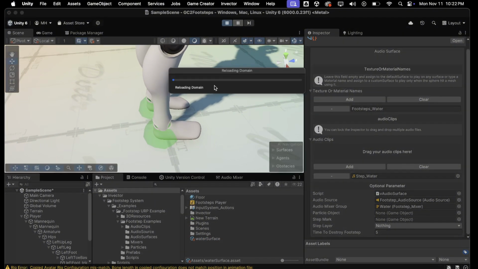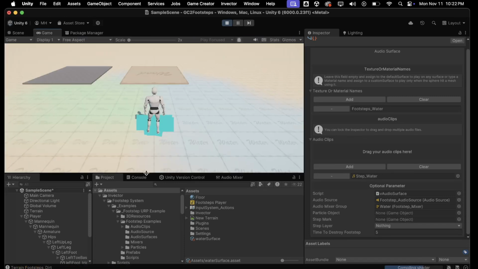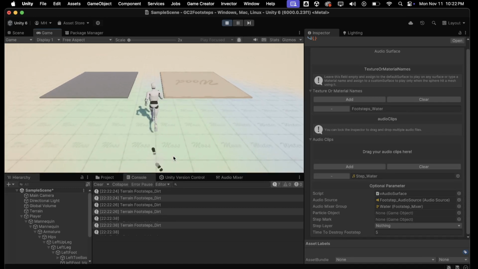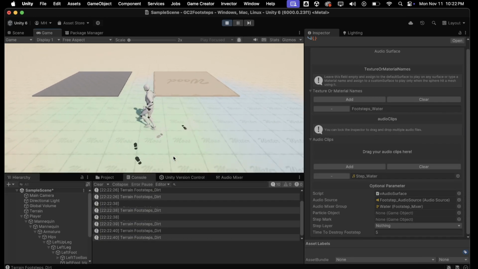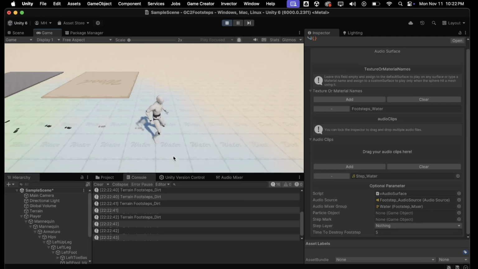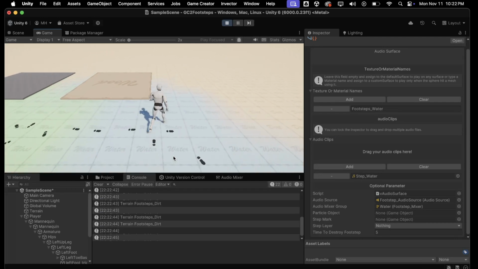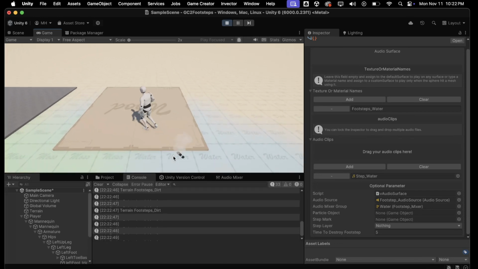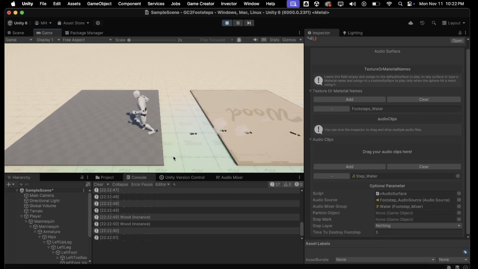Okay, so let's see if it does work. We have the debug turned on as well, so it's telling us we're on dirt right now. That's the texture we're on. If we move here, it still says we're on dirt, and we're hearing the dirt sound. There's no water, nothing. So it doesn't work. It sort of works,